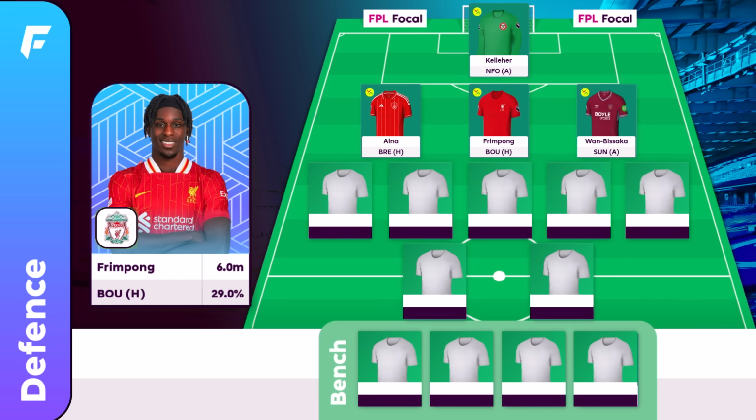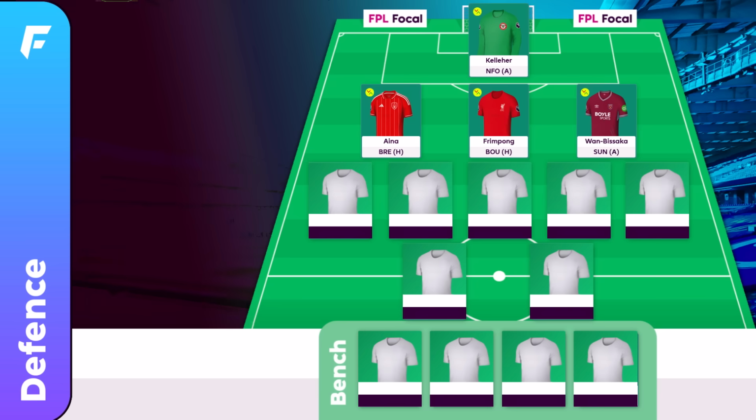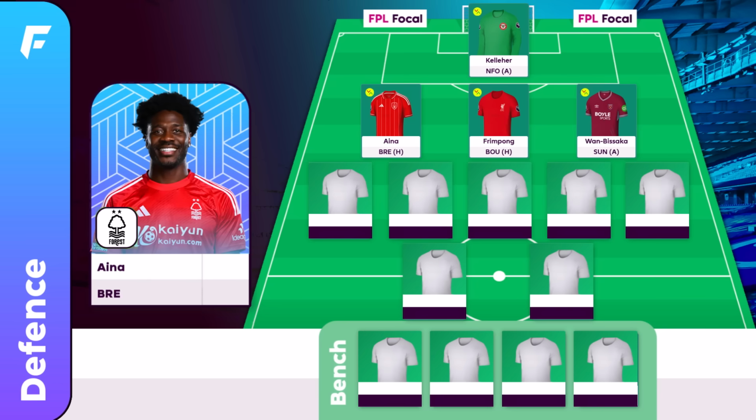You'd expect Frimpong and Kerkez to end up Liverpool's first choice fullbacks, right, when they're playing their best 11, but is it a bit too risky from Gameweek 1? I think it might be. Aina's in my team currently, but yeah, as some of you quite rightly pointed out last video, they've now got